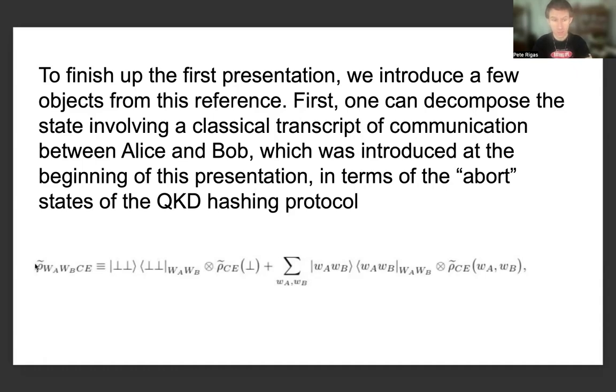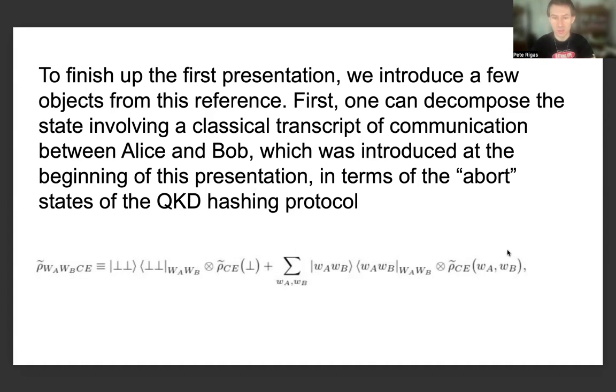this reduced density state twiddle rho of WAWBCE, where C in this subscript denotes the classical transcript of communication that Alice and Bob used to construct and to make their secret key, can be identically decomposed as an outer product in terms of the abort configuration that Alice and Bob abort the two universal QKD hashing protocol with respect to the space of secret keys WA and WB, with a tensor product of the reduced density state from the classical transcript with Eve supported over the classical transcript that Eve has and that she's gathering from the attempts of Alice and Bob to make their secret key that she